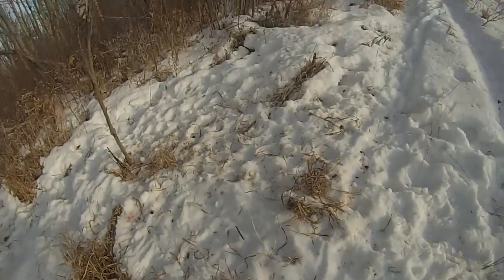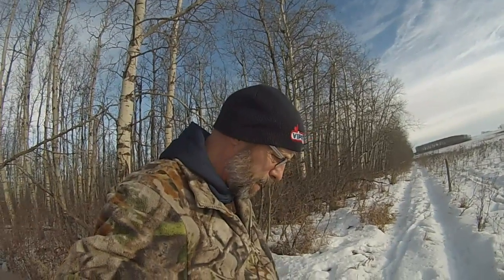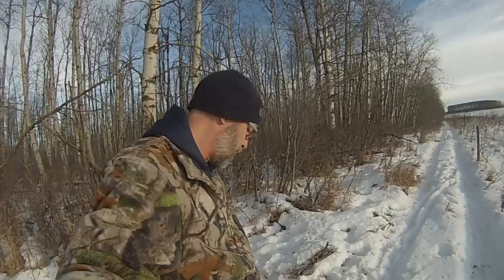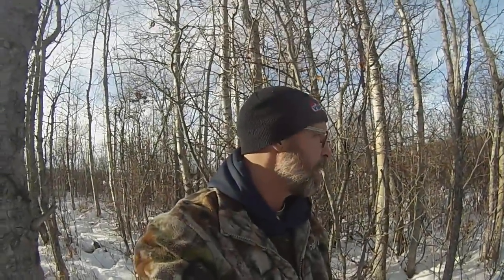So either somebody's dog has come down here, or a heck of a big coyote. There are a few wolves in here, but that's not big enough for a wolf. Whatever it is, it popped the bad device on it. And well, I just had another snare knocked down, and then another one where the breakaway device activated, and